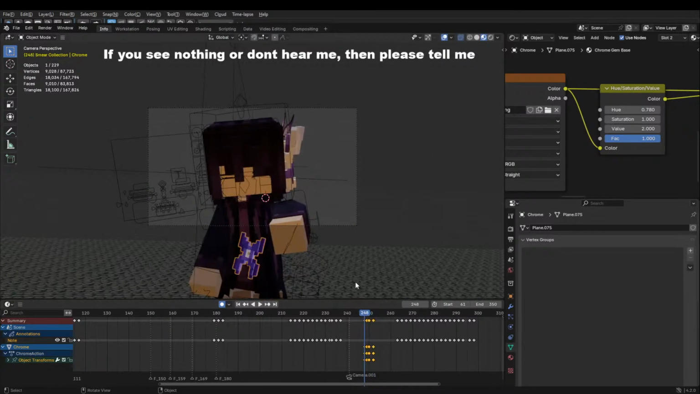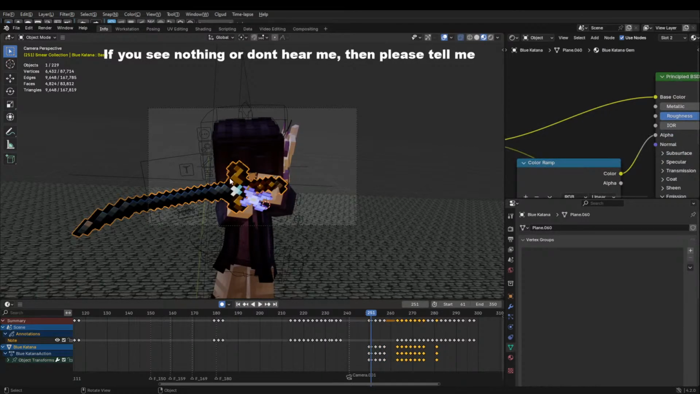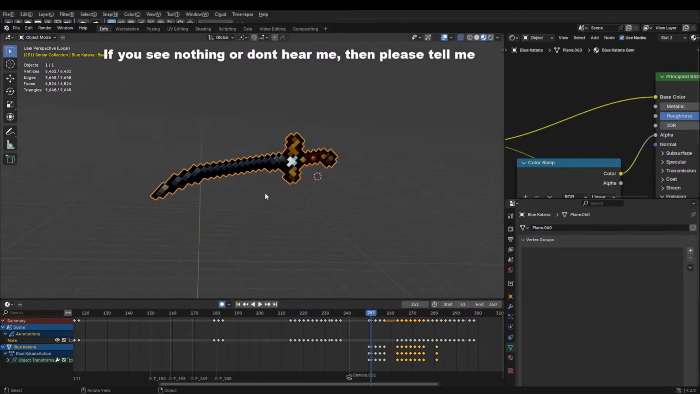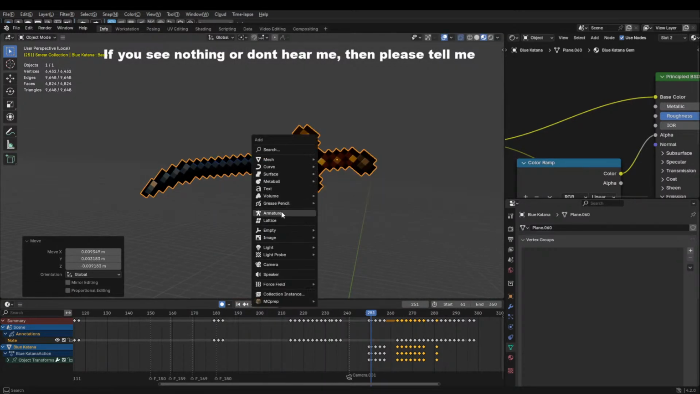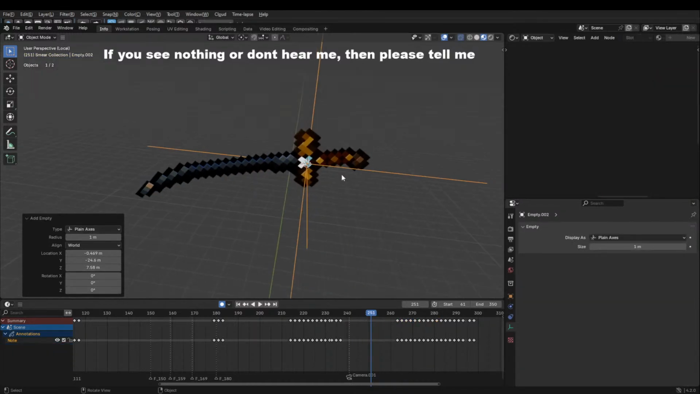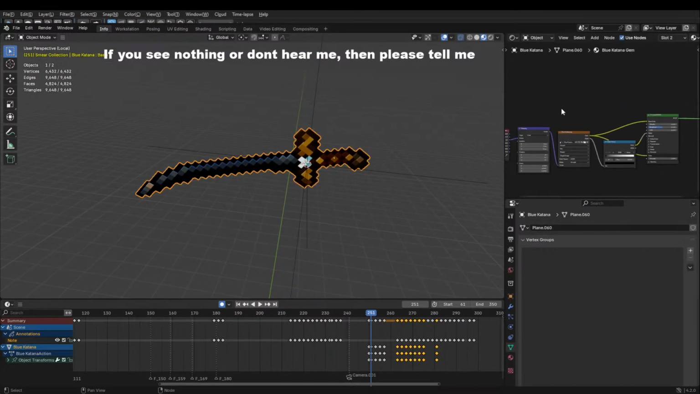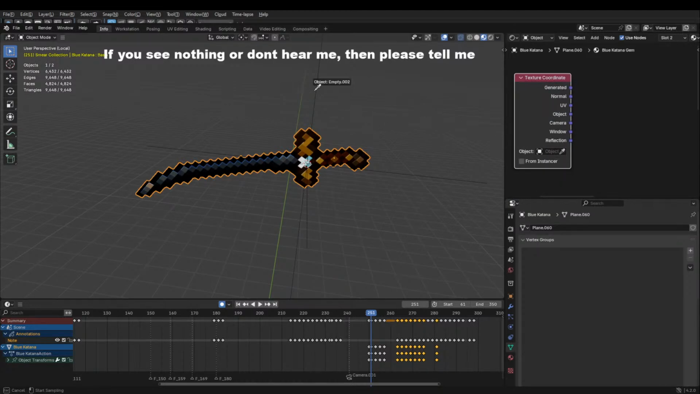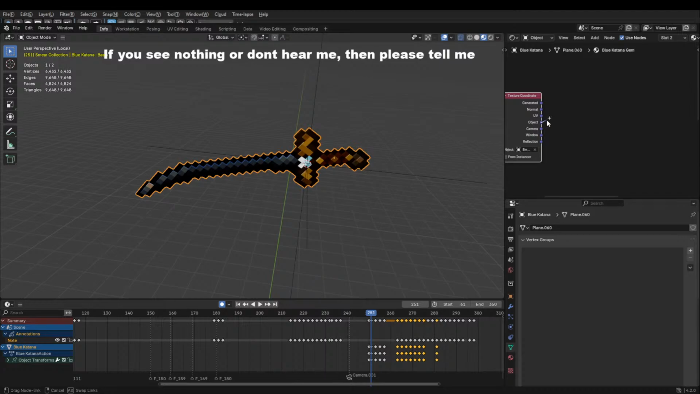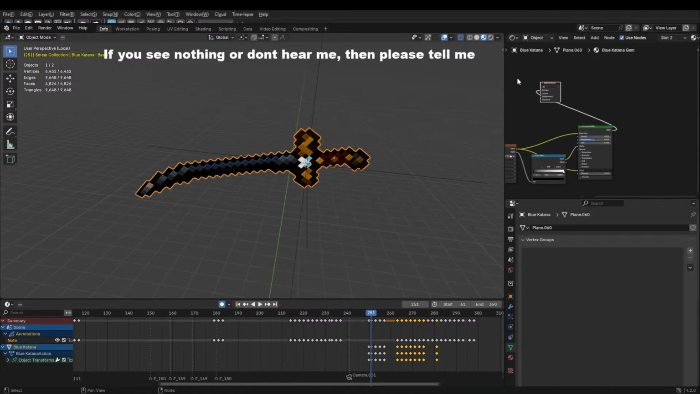Okay, so I want the sword to not just pop into existence. I want it to fade from left to right. And here's a cool way you can do this. So you have your sword here. Click on the sword, add in an empty, a plain axis is fine. Go to the sword material, duplicate the texture coordinate, and set the object to the empty that you just created, right? And let's just take out the object coordinates and connect it to the material output and see what it